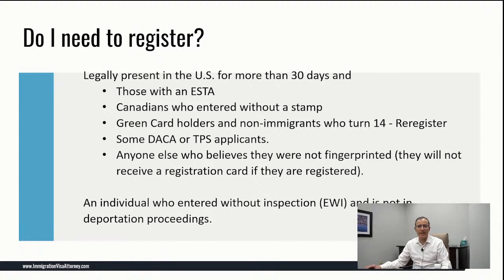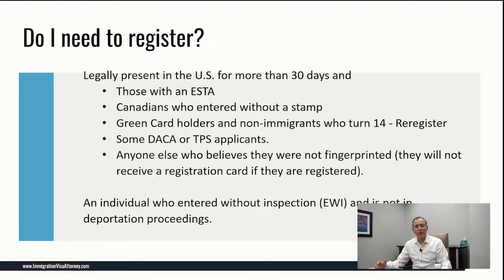Those who enter the United States without a visa, most European countries have an agreement with the United States where their citizens can come in on a visa waiver. And many other countries outside Europe who have a low fraud percentage can enter the United States on no visa. These individuals, if they're here in the United States for more than 30 days, must register. The second group are Canadians. Canadians who enter the United States with no visa also must register if they are here within the United States. The third group, which we get most of the questions on, are